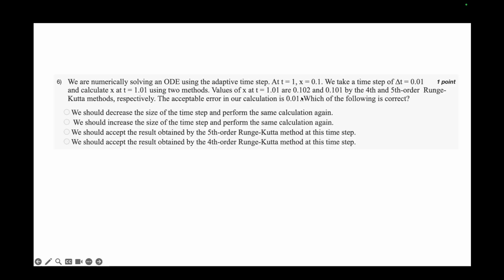So the difference in x, delta x, is basically the difference in the two values. It's 0.001 if you subtract these two, and the time step here is 0.01, and the delta x here is 0.001, which is less than